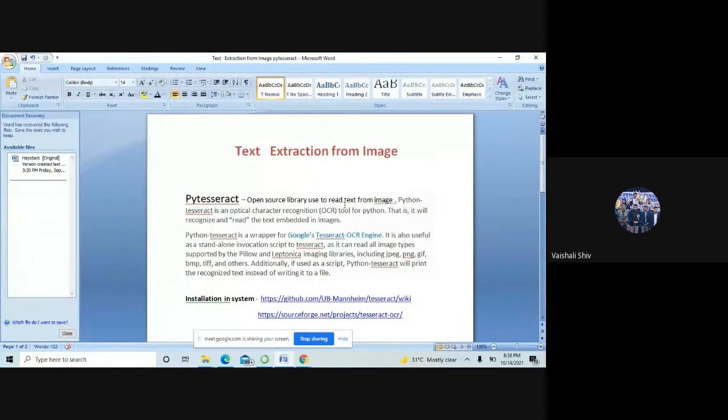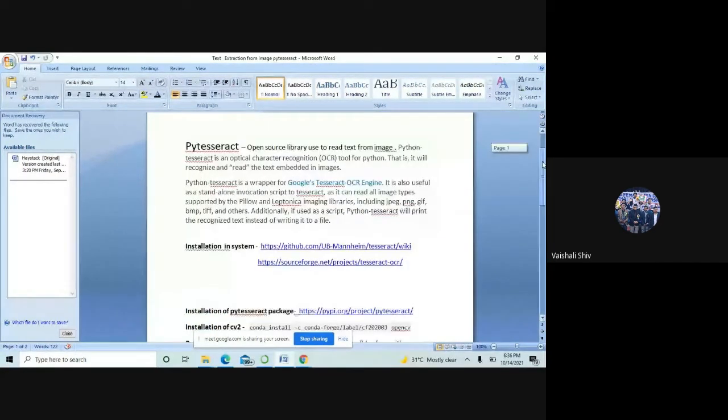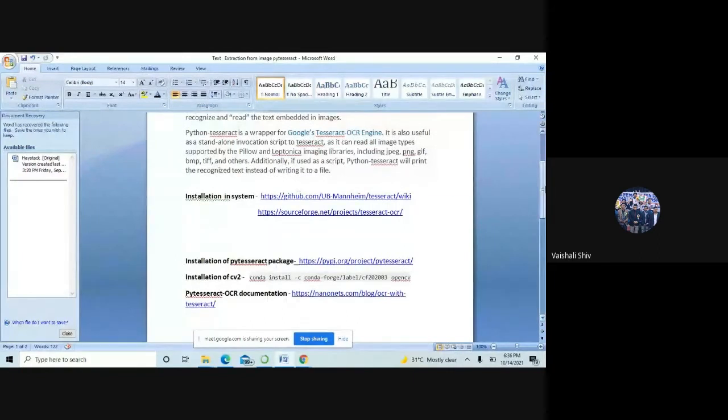It is an open source library which is used to read text from the images. I have prepared this document, and you can easily refer to the links and do the settings and everything.